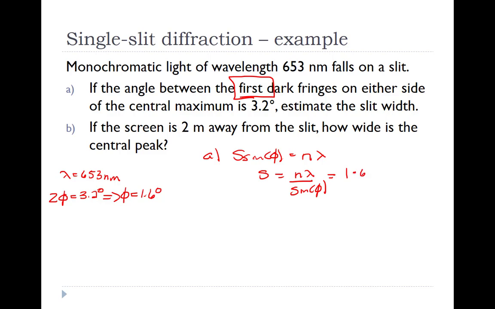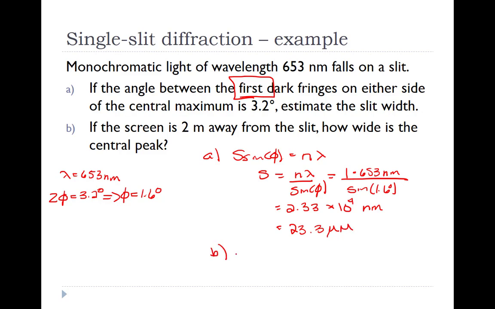So 1 times 653, I can work in nanometers, so I'm going to leave that there, divided by the sine of 1.6 degrees. So 653 divided by the sine of 1.6 is 2.33 times 10 to the 4th nanometers. And I could do a unit conversion to get that into microns. That would be 23.3 microns,